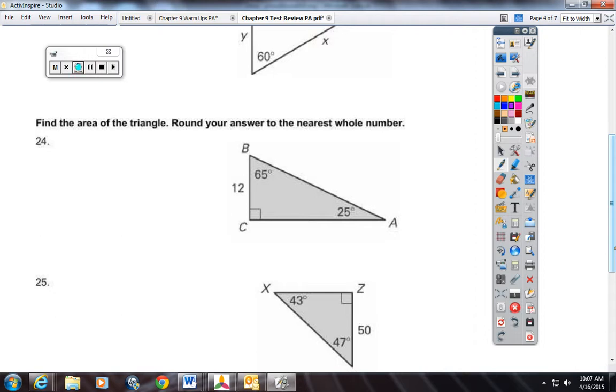So we can look at this angle right here and find that the side we're looking for is opposite this, and we know the adjacent. So which ratio has opposite and adjacent? The tangent. Or we could look at this angle and say, okay, what has the opposite and the adjacent? Which is also still the tangent. Okay. So either one you use, as long as